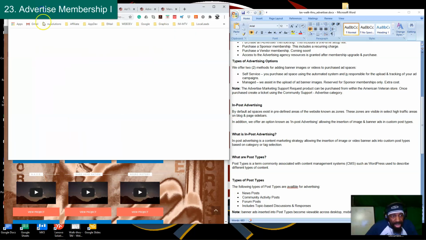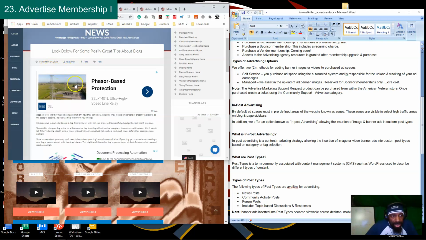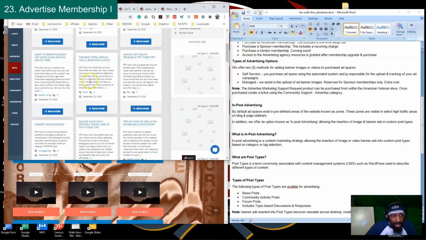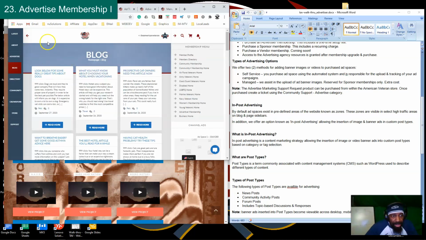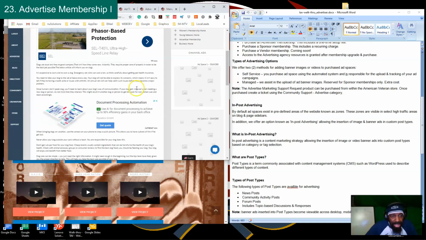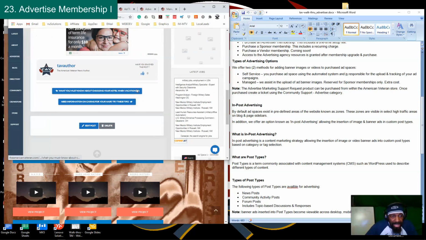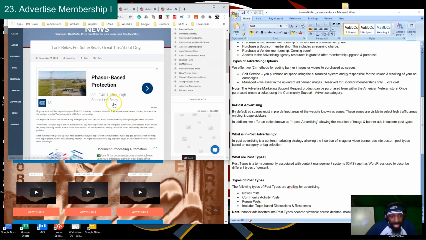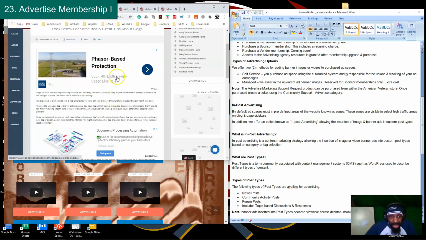Like I said, these are our news posts. This is the blog. Now, when you click a blog, this is what a blog post looks like. This is a blog post with ads inside of it. And basically, you're going to have the option of saying, okay, I want ads to appear at the top. You can specify that, because basically you can sell premium ad space. So you can say, okay,